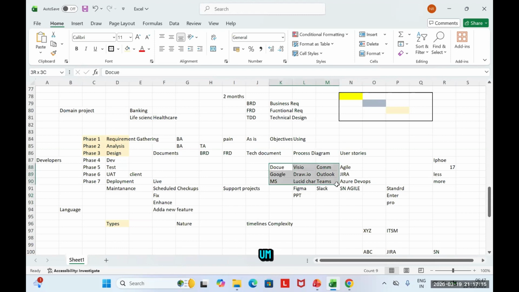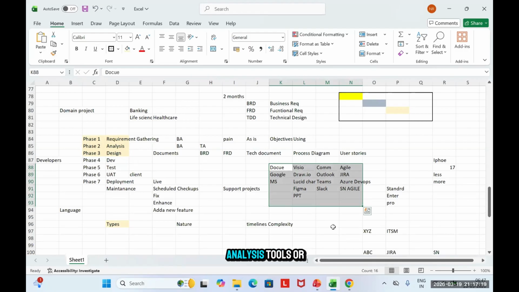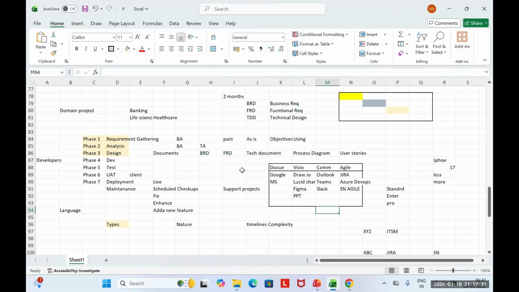Yes, I wanted to ask, we won't be using any data analysis tools or anything like that in ServiceNow Business Analyst? Okay. About data analysis, most of your data analysis comes on Excel itself, right? About other tools, maybe you are referring to Power BI, Tableau, and all. ServiceNow itself has one